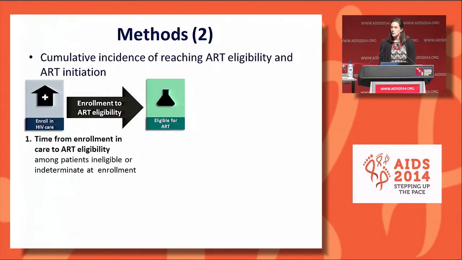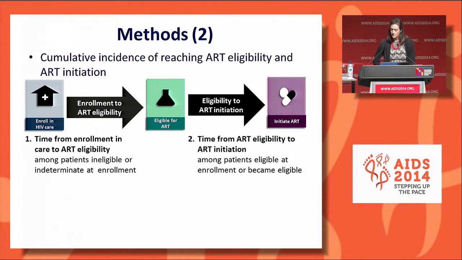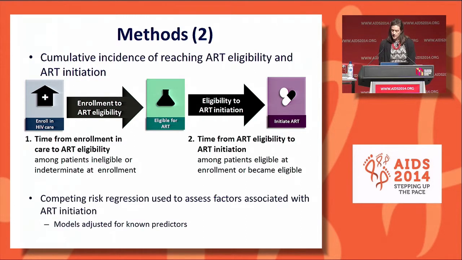So for the analysis, we were interested in these 2 time periods, the first being from the time of enrollment in care to ART eligibility, and this was assessed for patients who were ineligible for ART at enrollment and patients who were indeterminate at enrollment. We then looked at time from ART eligibility to ART initiation, and this was looked at for all patients who were eligible when they enrolled in care and for those patients who became eligible during follow-up. Competing risk estimators were used to calculate cumulative incidence, and competing risk regression was used to assess the factors associated